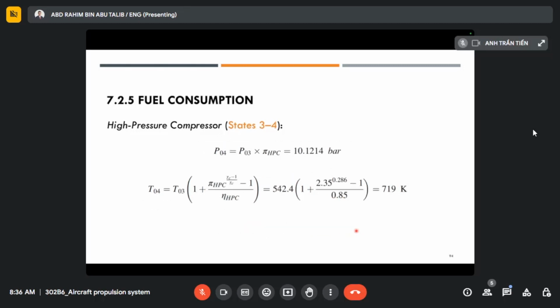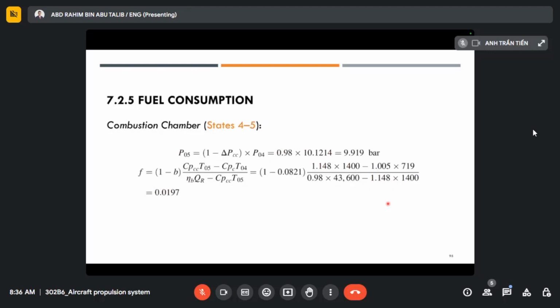Moving into the high pressure compressor, P04 is 10.12 bar and T04 is 719 Kelvin. So this is before it goes to the combustion chamber. In the combustion chamber, the pressure drop, or PCC value, is already given as 2%, and you get the pressure at state 4.5 or P05